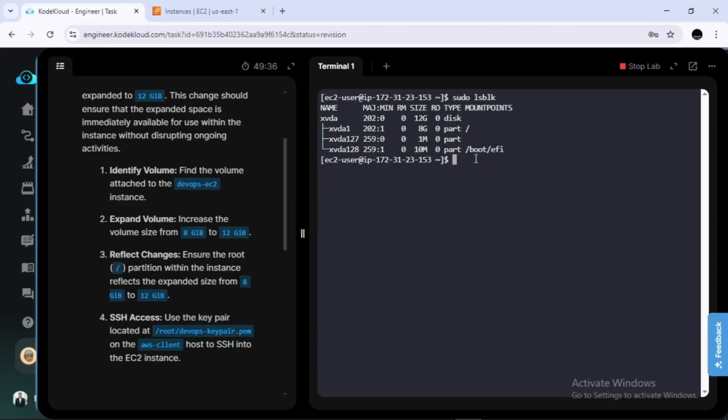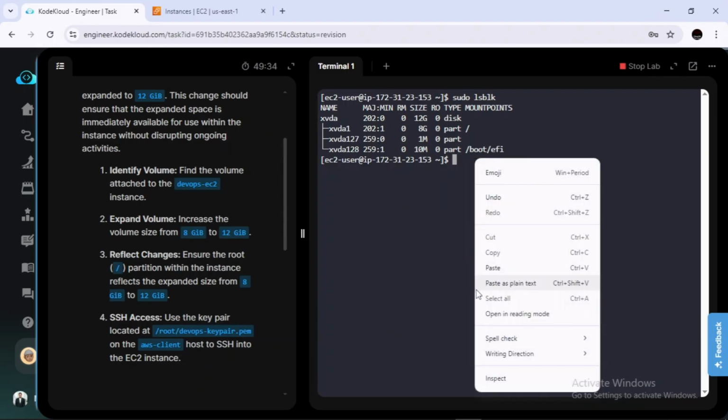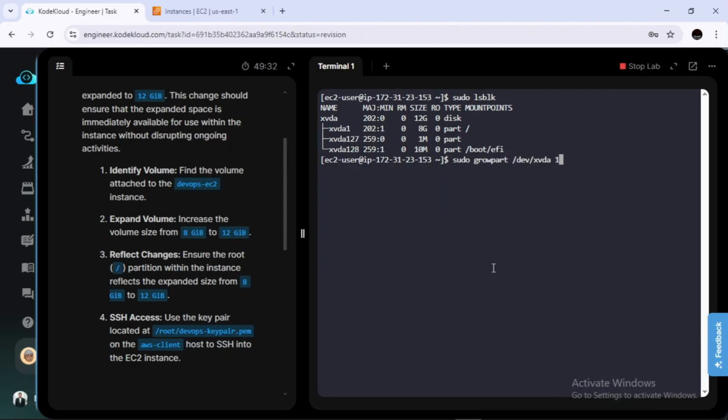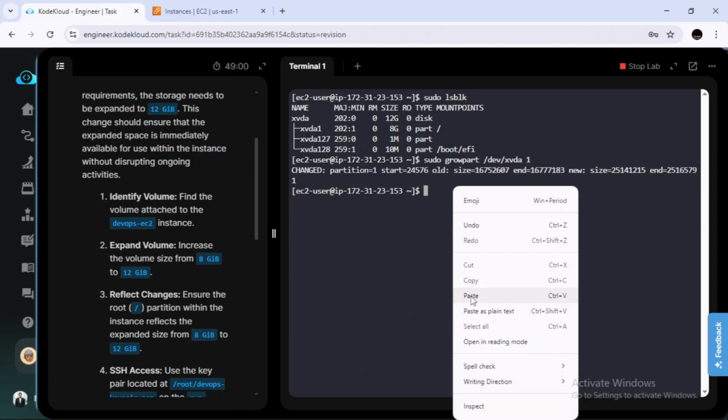First we need to grow the partition. For this the command is sudo growpart /dev/xvda. This is the newly created. So click enter. Now the partition is changed. Old size is this and new size is this. And now we need to expand the file system as well.